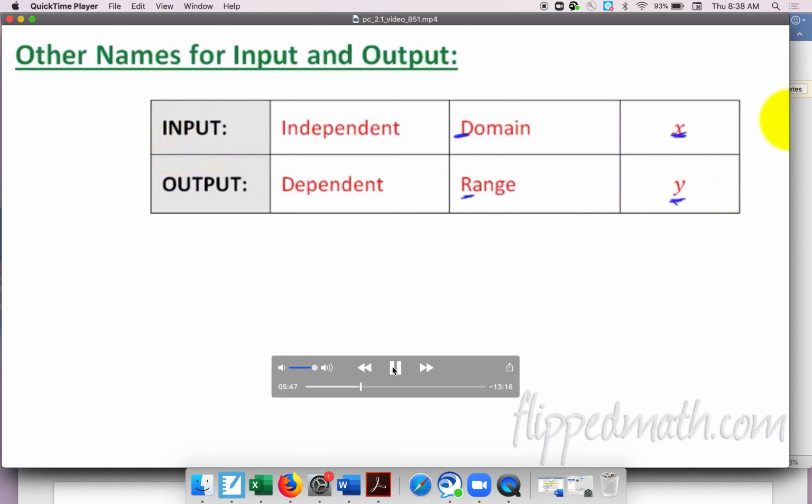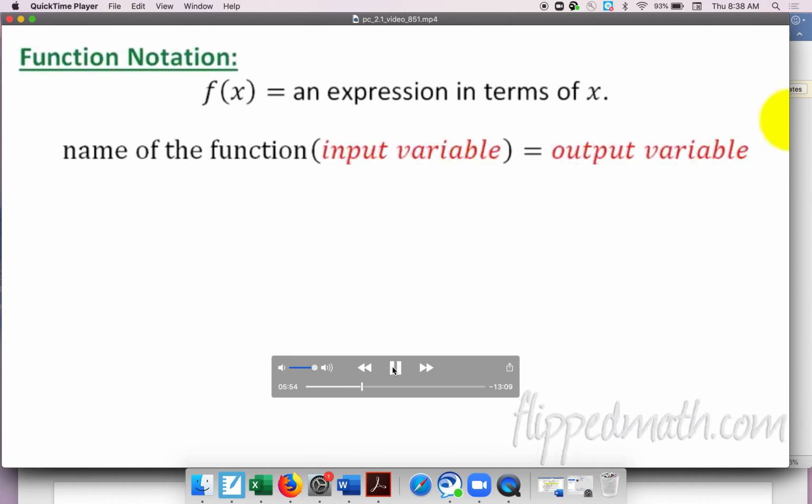Again, hopefully this is just some review, but maybe it's clarifying it for you if you've forgotten some of the stuff. So where do we put the input variable? This is called function notation. F